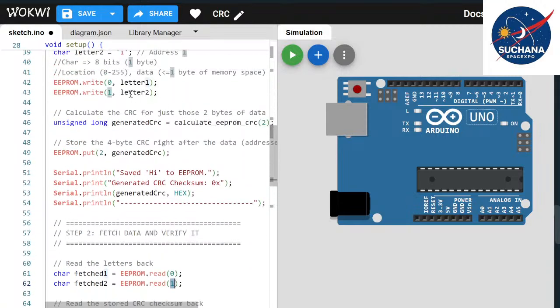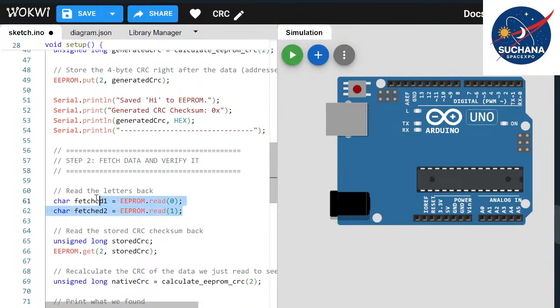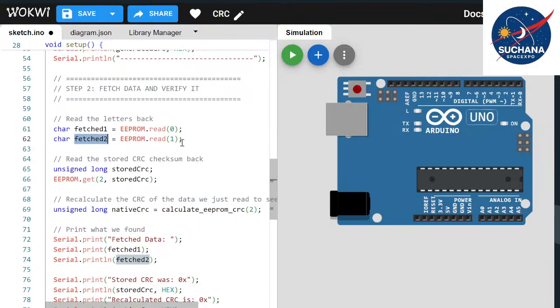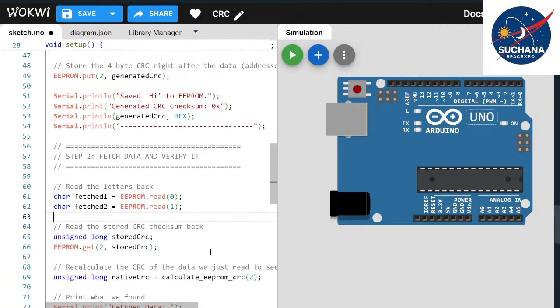We know we stored the data at two locations, 0 and 1: at 0 we stored h, and at location 1 we stored i. Now we are fetching those values: fetched 1 becomes h, and fetched 2 takes the value i. But retrieving the data is not our intention. The entire objective of the CRC checksum validation is whether the stored